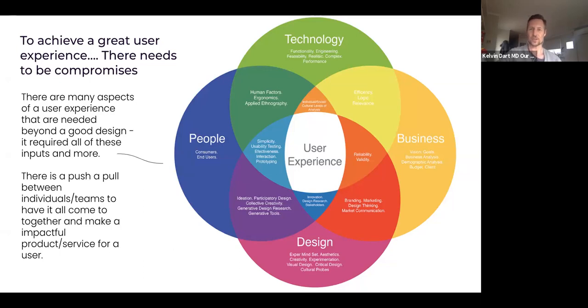So for designers, the ultimate goal is trying to get to that centerpiece, and really where you'll naturally sway is on the left-hand side. You'll be really focused on the end consumer and the end user. You'll then look at that pink space. So from a design perspective, what do the aesthetics look like? What does the navigation look like? What are the nuances that make things really intuitive for users? But that can't come at the cost of making sure that things are delivered. From a technology perspective, what's actually feasible to do? From a product strategy and finance perspective, what are the constraints to deliver a product?